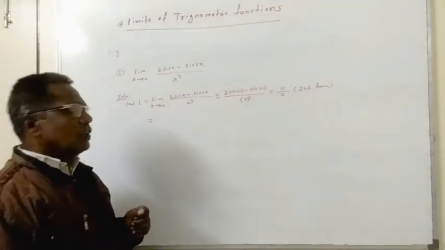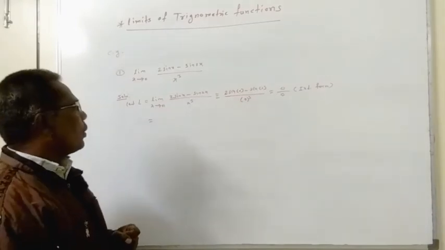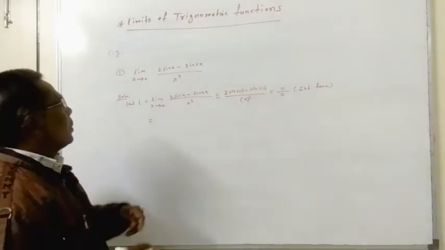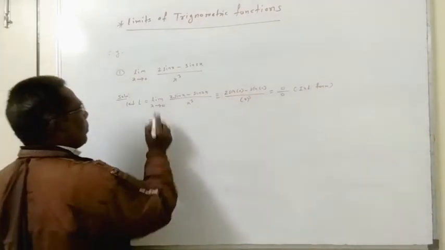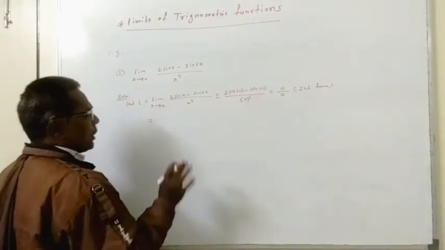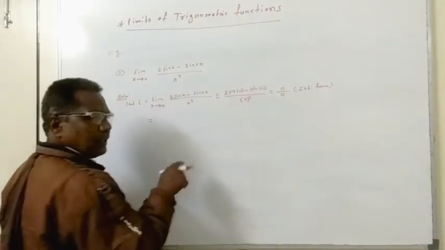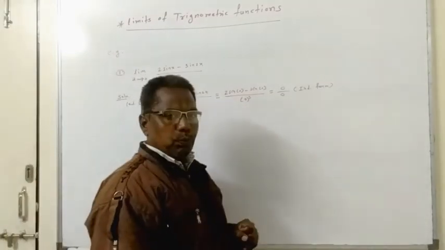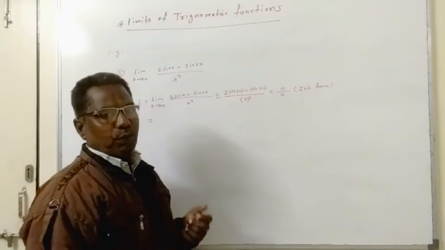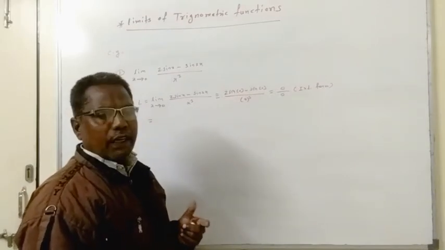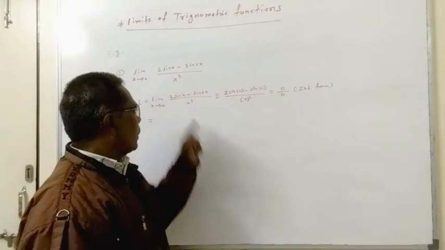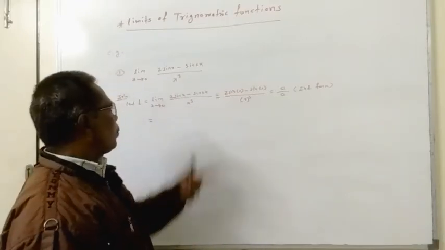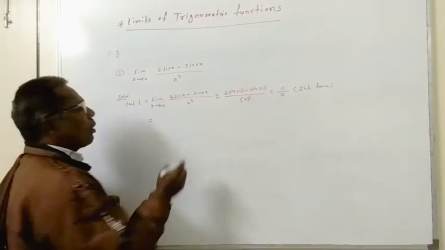So if we observe, the function of this limit is a trigonometric function. So we revise the methods of trigonometry step by step. Actually we are taking the second method. First is the direct method, that has failed. The second method is the standard formula. Now we want to use the standard formula here, with x cube. So in the numerator there must be sin cube, because our formula is sin x upon x. Now as the denominator is x cube, in the numerator there must be sin cube. So we want to simplify this function by using trigonometry.